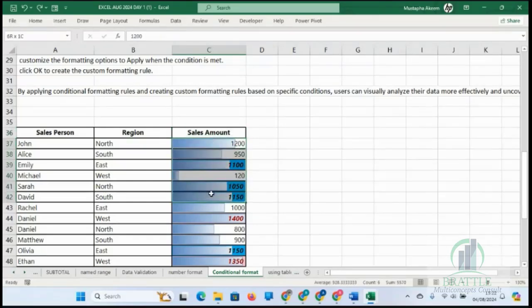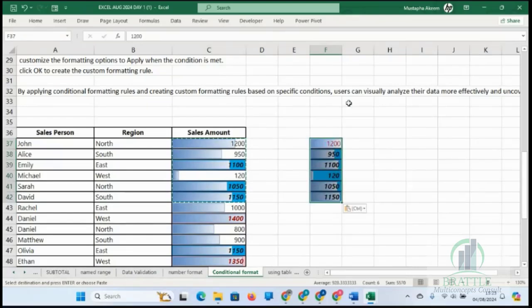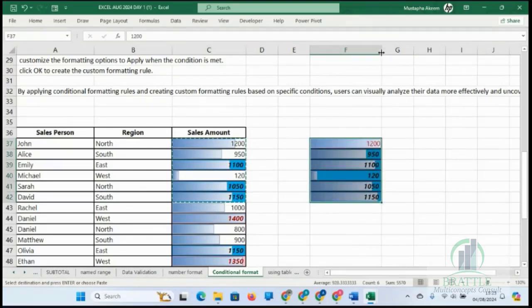Let's say we have five people in the class, and let me copy the five of them. Control C. Now it's very easy to know who is having the highest score. Let me remove the other formats there.